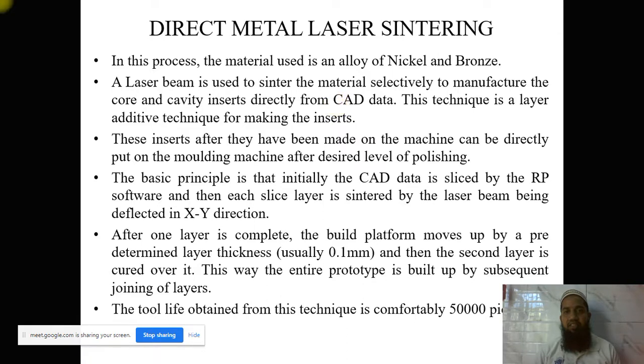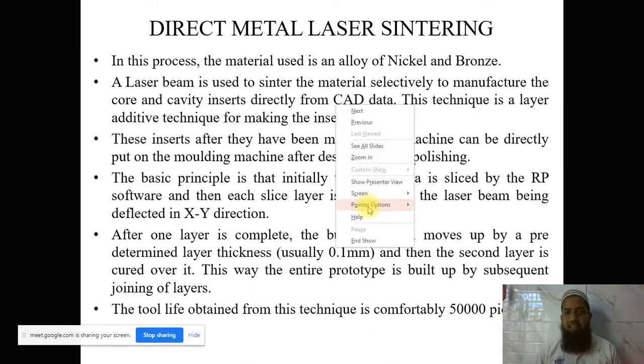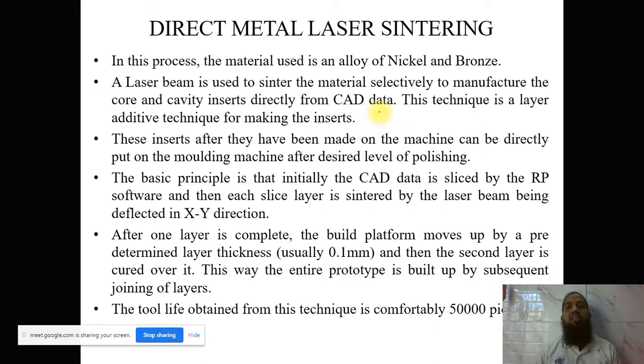In soft tooling we are using soft materials like rubber and wax, but in the case of hard tooling and direct laser sintering we are using different types of metal. You can see over there nickel as well as bronze, some hard materials also. A laser beam is used to sinter the material selectively to manufacture the core and cavity insert directly from the CAD data. It means first we have to make the model in any CAD software,